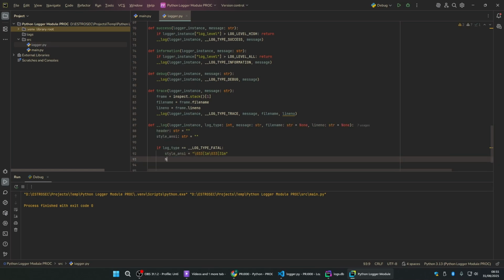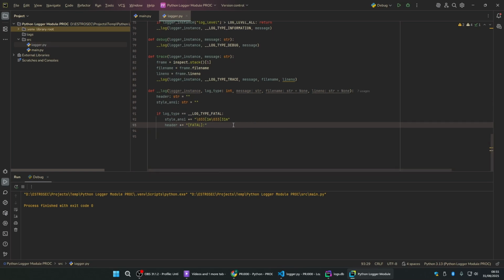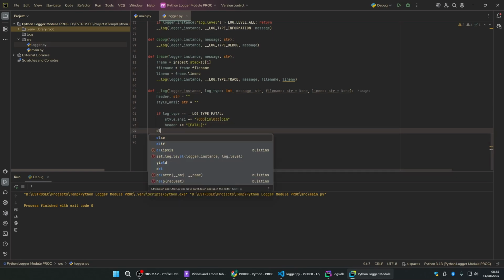So that's red and bold, and then header plus equals fatal, like that. And I also want to do plus equals on this just so that it actually gets this here. Okay, so now that works, we can do elif here,